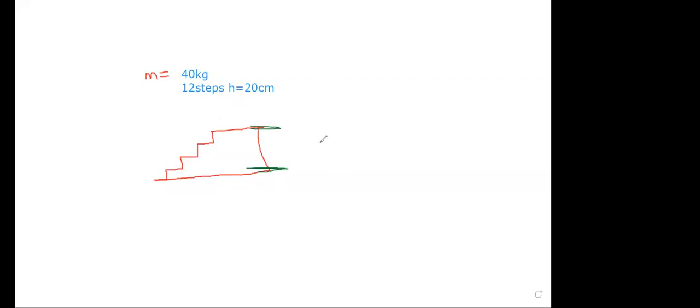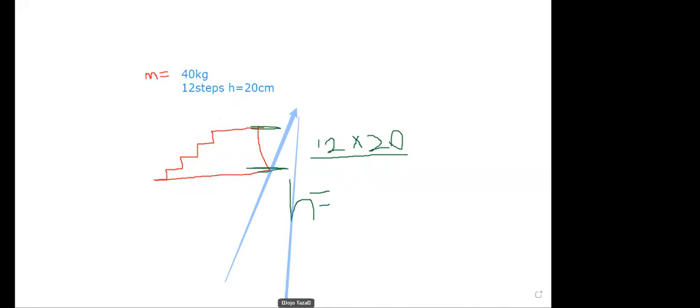Now there are 12 steps and each step has a height of 20 centimeters. That means that the height you are going to climb will be 12 times 20. So the total height that we are going to climb as we go up in centimeters